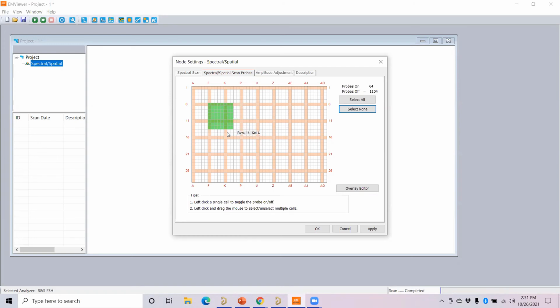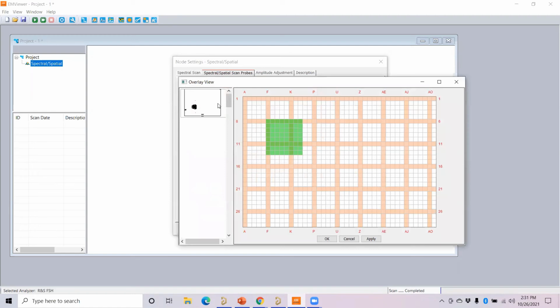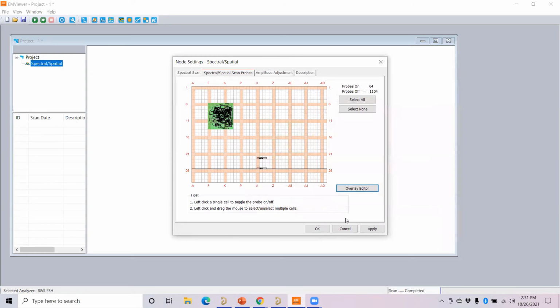Okay, so this is the location in my hardware setup where I have placed my PCB. So I'm selecting this area, and then I want to place the overlay. The overlay is usually a Gerber file that I have brought in here. I just place this overlay exactly here, and you can see I placed it perfectly. Once I place the overlay and apply, you can see the probes on. I have activated only 64 probes, so when you do the scan, it will scan only those 64 probes and capture the signal above the EM scanner of this board alone.